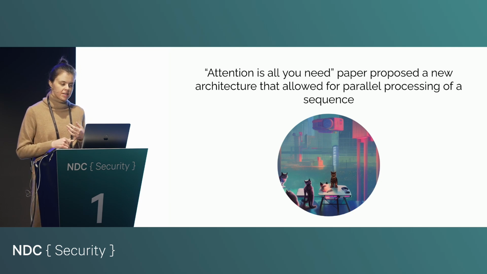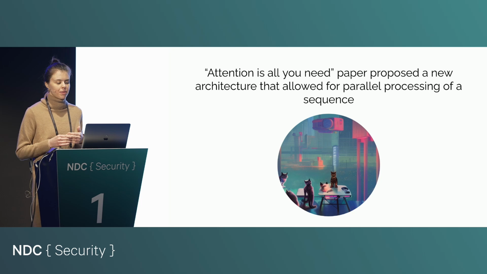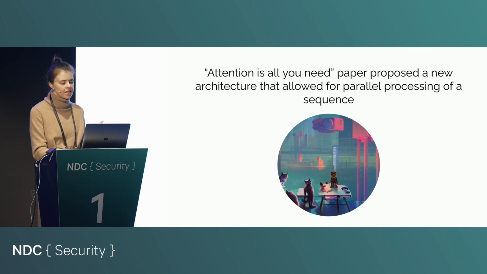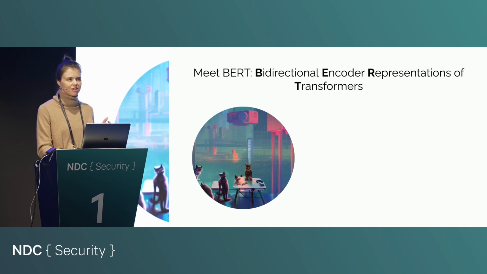It proposed that instead of using a recurrent neural network type of approach, they proposed using a new type of algorithm called attention. The revolutionary part of this algorithm is that you didn't have to process each word in the sentence in sequence. Instead, you could do it all in parallel. And this just blew the door open to training these models on gigabytes and gigabytes of text. And so that's how we got the forefather, or foregrandmother, of GPT or ChatGPT, which is BERT.